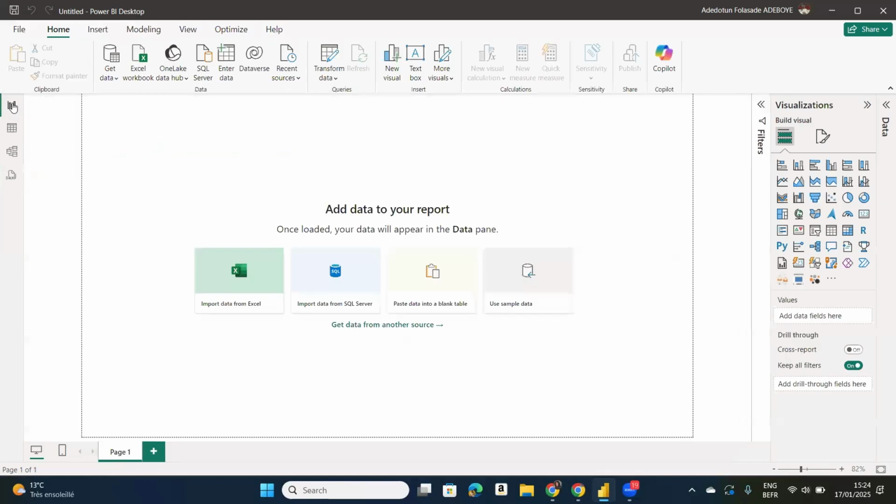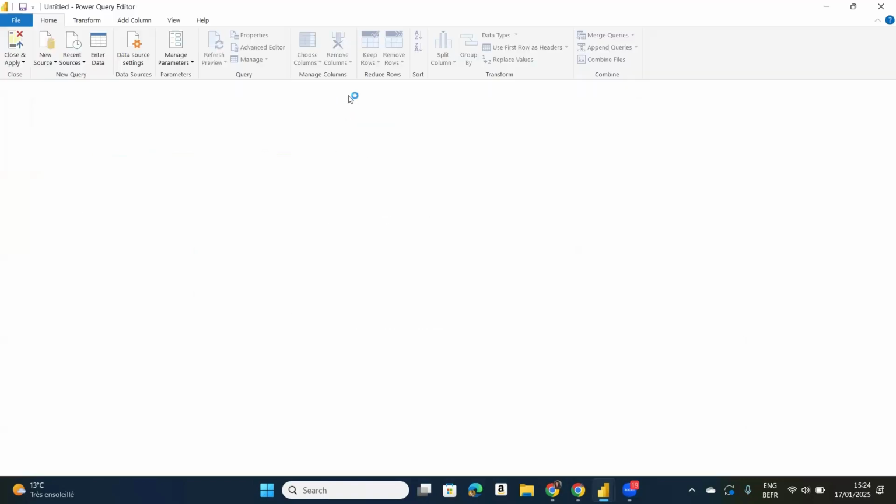So we go back to the report view. I don't have anything here yet. So this is the ribbon. This is called the ribbon. If I want to go to my Power Query Editor, I just come here, click on transform data. Straight away, it takes me to my Power Query Editor. So this is where the transformation takes place in Power BI. You transform your data,